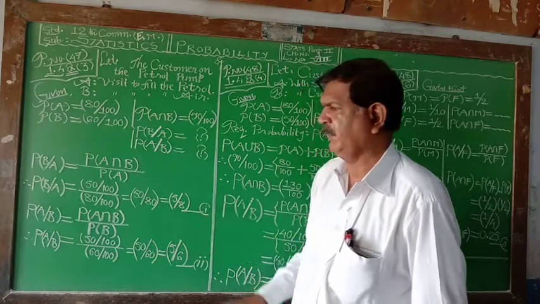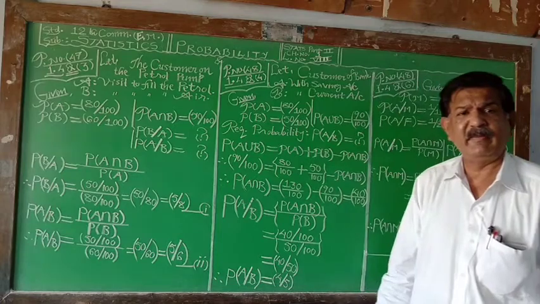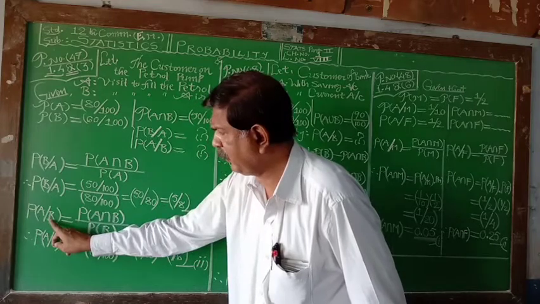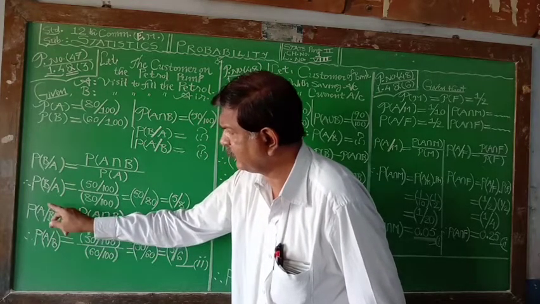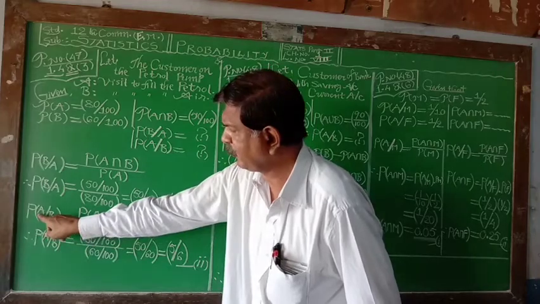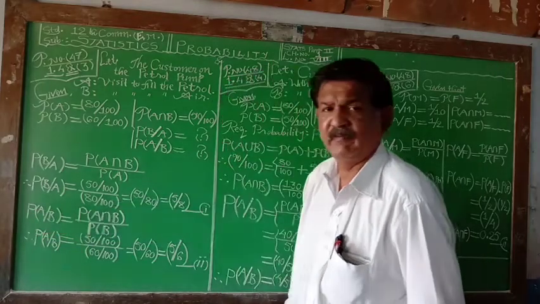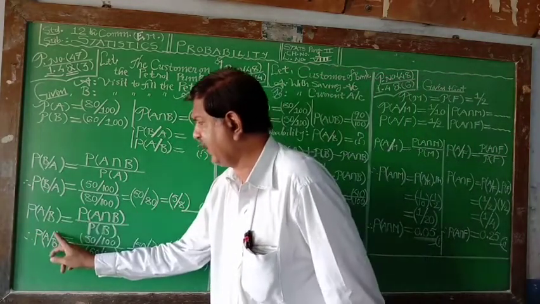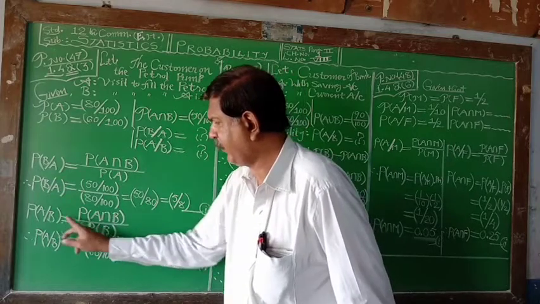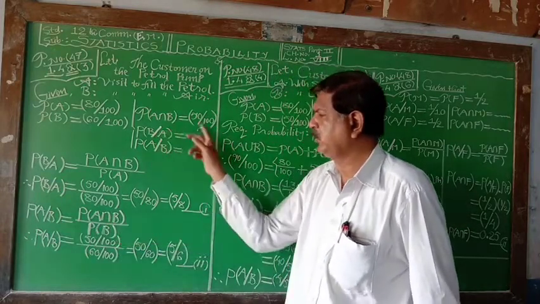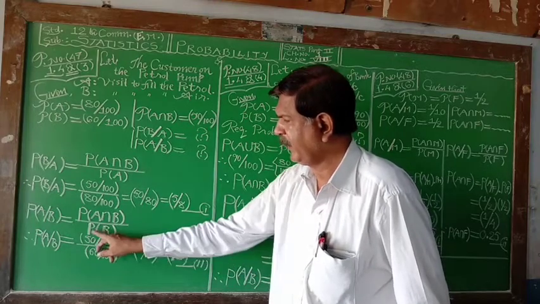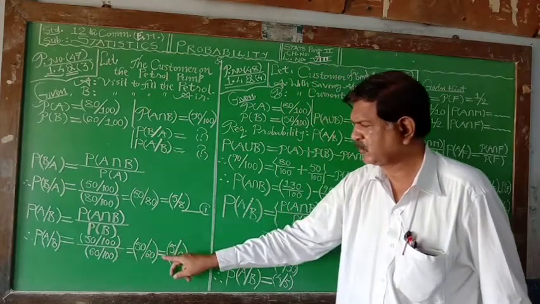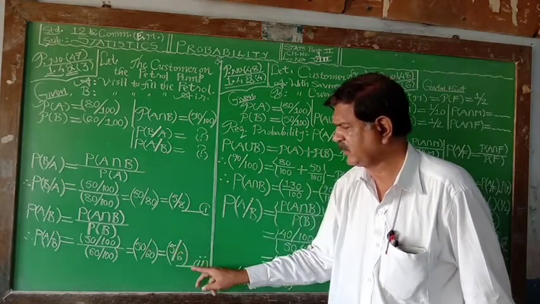Answer number 1. Similarly, probability of A given B: it is known that he comes to fill air in his vehicle, then what is the probability that he comes to fill petrol? It is not read as A upon B, but A given B. It equals probability of A intersection B upon probability of B. Probability of A intersection B is 50 upon 100, and probability of B is 60 upon 100. The 100 cancels, 50 upon 60, cut the 0, gives 5 by 6.